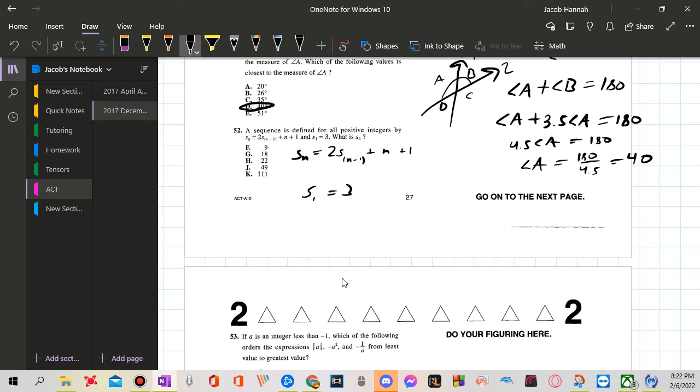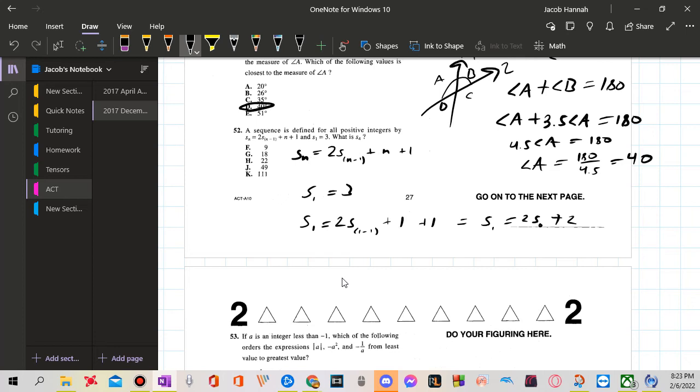What is S of 4? Okay. Well, you can just plug in this right here. So, S of 1 minus 1 plus 1 plus 1 is equal to S of 1 equal to 2 S0, or S0,